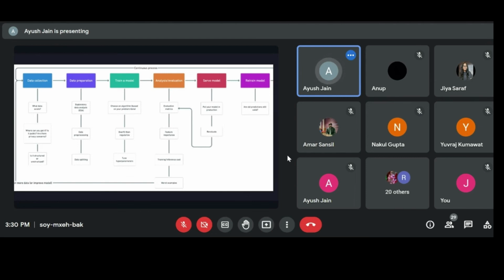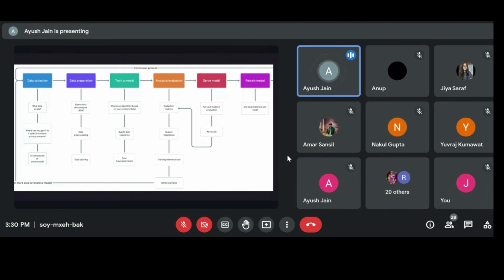After the data collection, you prepare the data. Like I said, you will be performing feature selection and feature engineering. So exploratory data analysis, data pre-processing, and data splitting all come in the data preparation domain. Now, after you prepare the data, it's time to train a model.